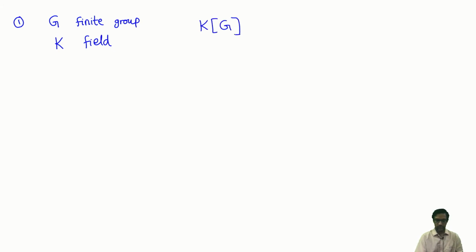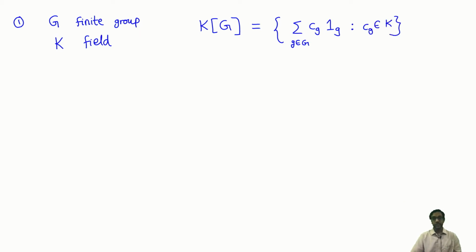So the group ring is just what is it? Well, it's all elements of the form some linear combination, some coefficients Cg with some basis elements 1g. You can think of it as a vector space over the field K. Cg is coming from scalars K. Okay, but the interesting thing, as we saw, is that this is a ring and it's got multiplication, which is,